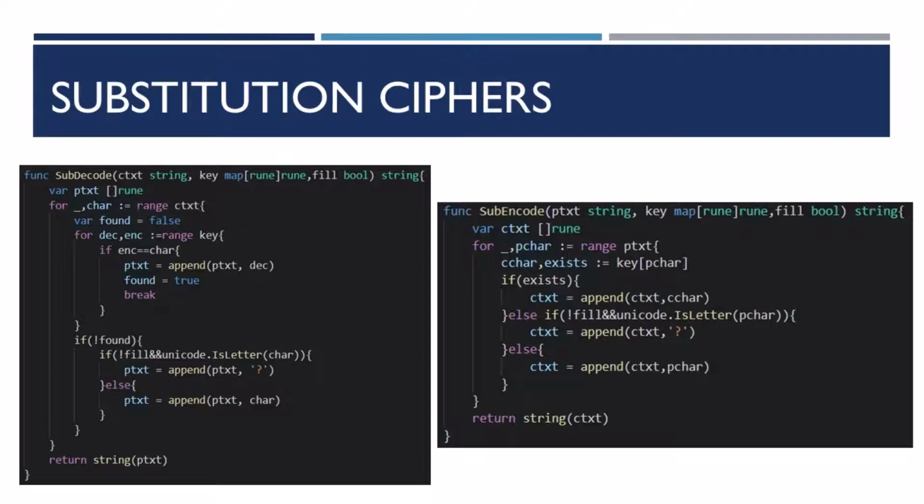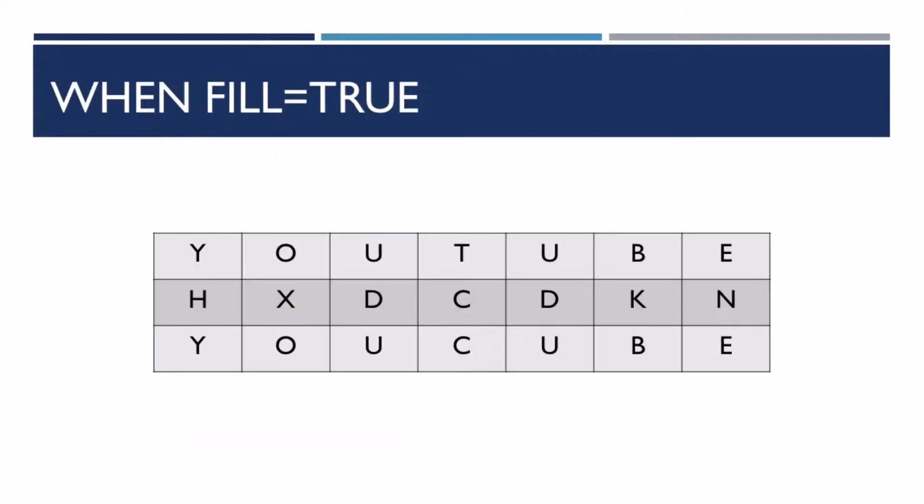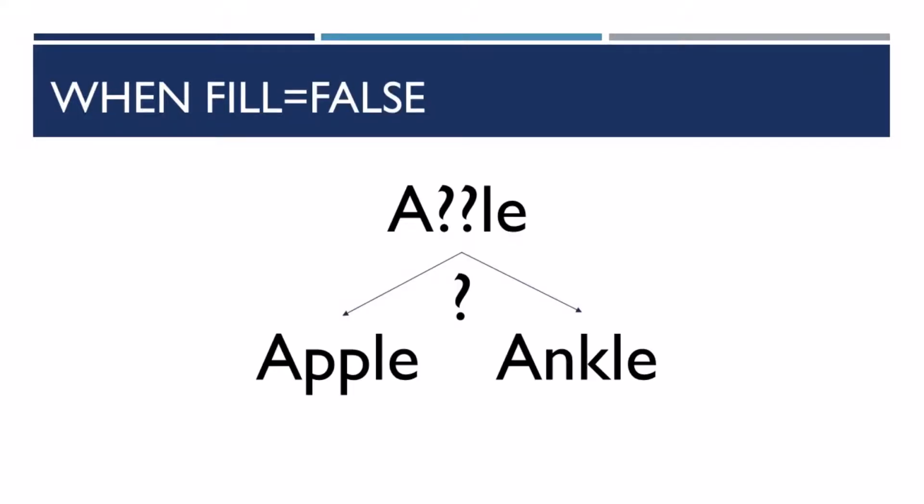Fill determines what will be added to the generated text when a character that isn't mapped is encountered. If fill is true, the missing character is added as is. If fill is false, a question mark is added. On their own, results generated with fill being true can be hard to understand, as it isn't clear which values have been changed. However, results generated with fill being false can get rid of valuable information, such as which missing